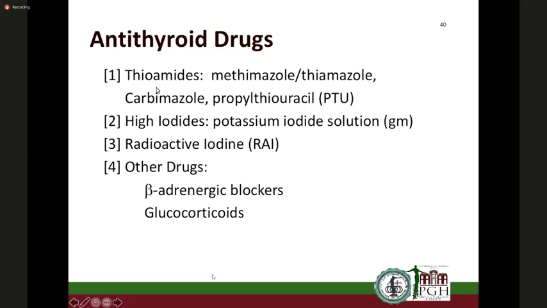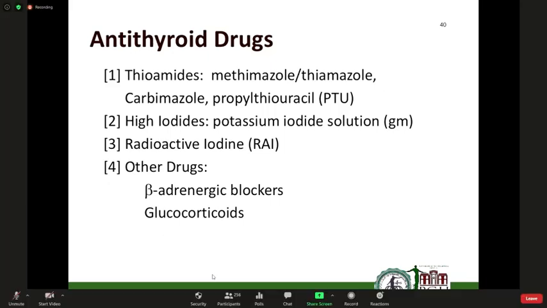Because that's how it is in the boards, they ask trivia. Well, that's also important. So carbimazole is the prodrug of methimazole and is converted to methimazole in the body. We also can use high-dose iodides, but in gram amounts, in order to inhibit the release of thyroid hormones. We give radioactive iodine for thyroid hormone ablation, and of course the adjunctive drugs like the beta blockers, especially the